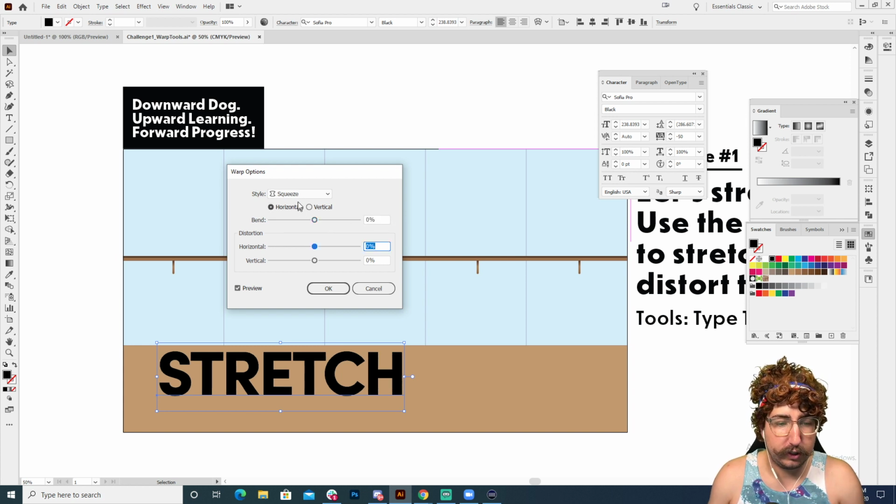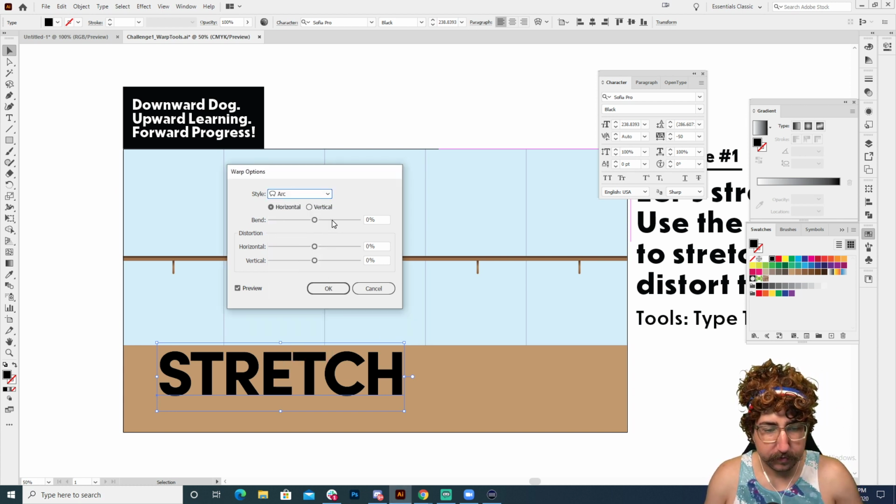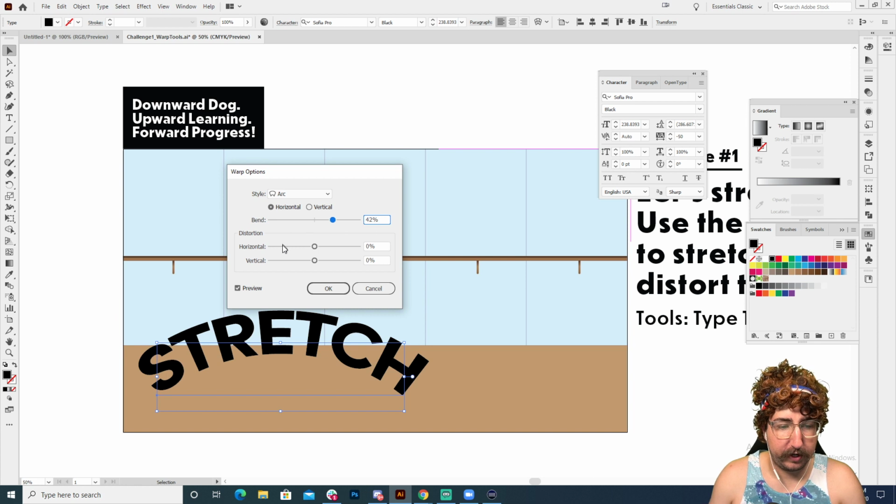What I'm going to do is show you how to combine both the bend and the distortion. The bend is how much of the effect is applied, and the distortion is whether it is on the horizontal or the vertical, right? So we're going to go here, and we're definitely going to do an arc. Let's do an arc, and we want it to have a lot of arc, right?